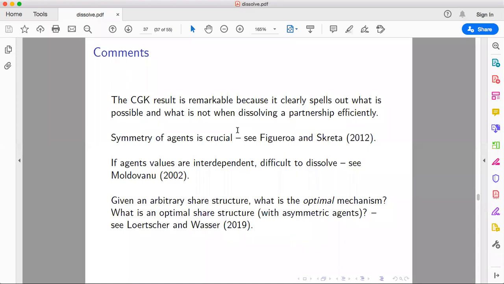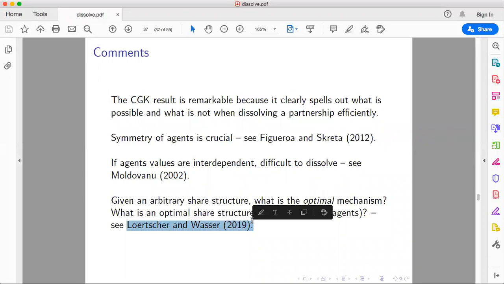Okay, so the equal partnerships may not be dissolved and so on and so forth. So that's what this paper does. There are other papers which I cite, for people who are interested in knowing more about this model. One paper that I must strongly recommend is this 2019 paper, which basically says that,